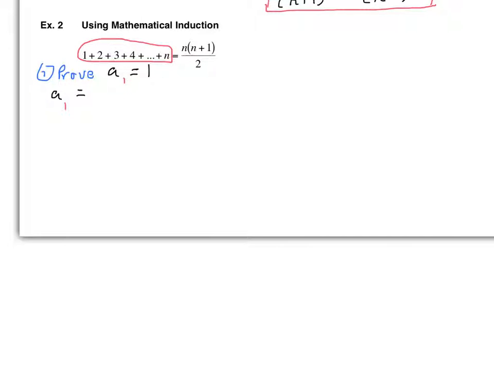So we have n times n plus 1, all divided by 2, and that really looks like an h, but it's really an n. And what is the value of a sub 1? This right here is a sub 1. And the value of a sub 1 is equal to 1. So that's why we're replacing the left side with 1. And then the right side,